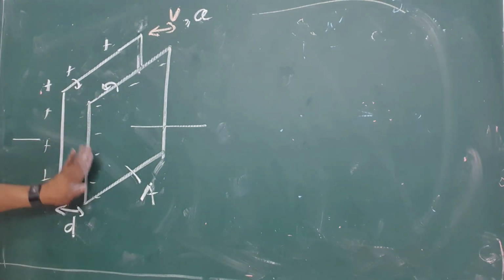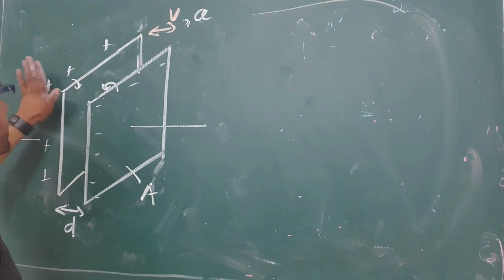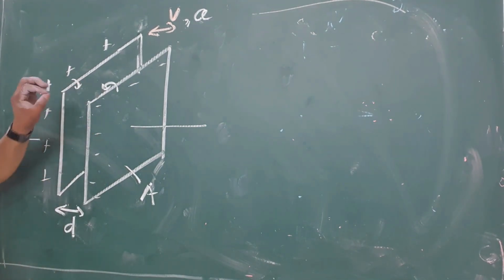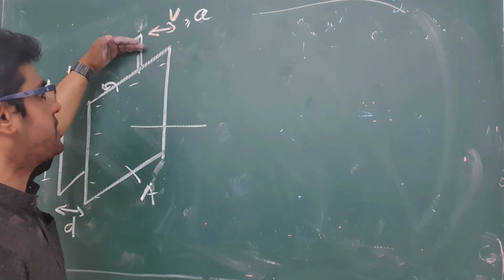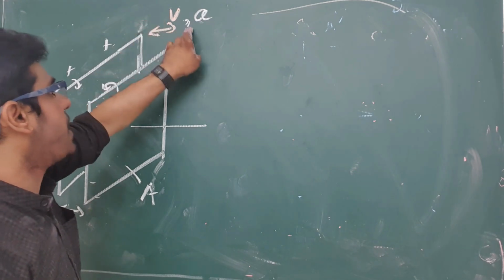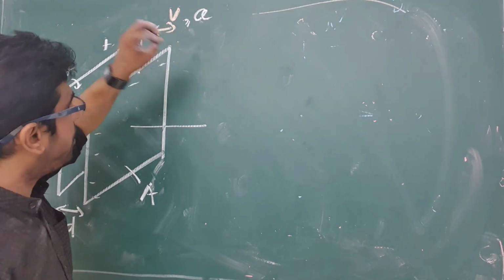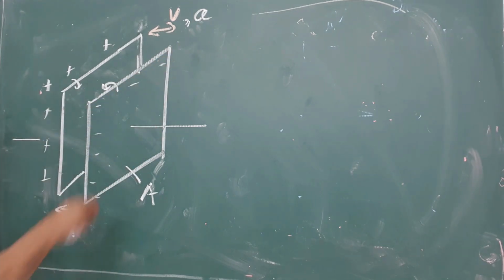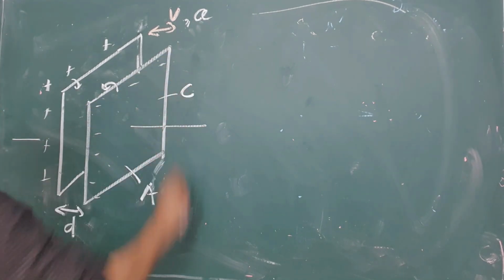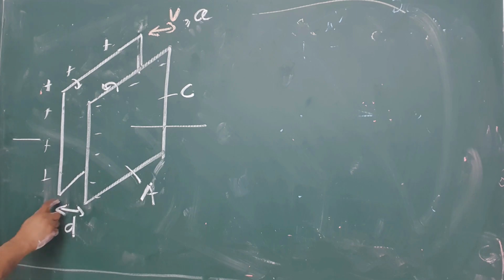Now we assume we charge these 2 plates by using any method. At that time the voltage difference across the plates is V and the charge of a plate is Q. Also the charge of the capacitor is Q and the capacity is C. This is the capacity C. And the distance between these two parallel plates is D.